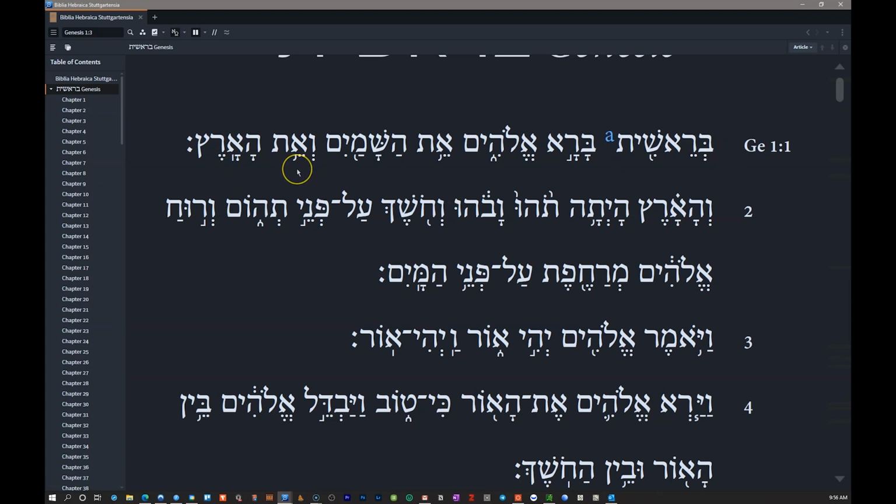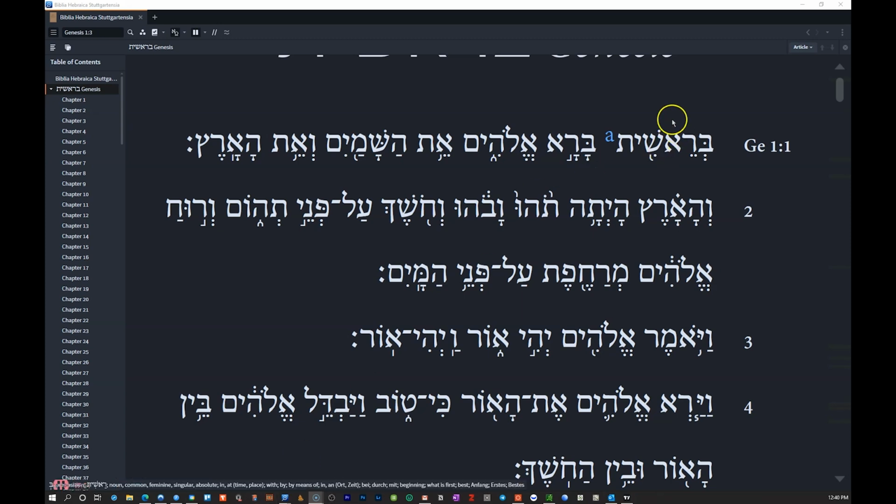But before I get into the accents here, I want to take a look at the syntax. So let's go through the sentence now and ask our syntax questions, or our function questions. We're trying to get at what are the functions of the different words in this sentence. We talked a little bit about that, but let's just go through and smooth all that out. So what is the function of bereshit here? We talked about how this is a temporal phrase that's modifying the main verb, which means that bara then is